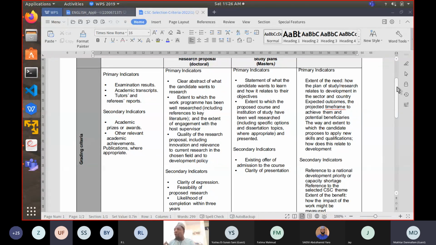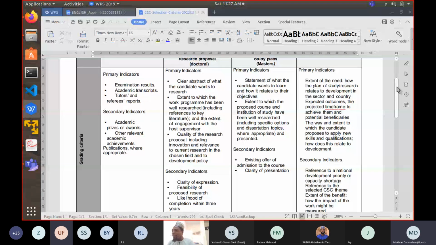So if you are filling your form and you come to the area where you provide developmental impact, I think you need to be very careful and take time to make sure that you provide adequate information. What they look at in the developmental impact is